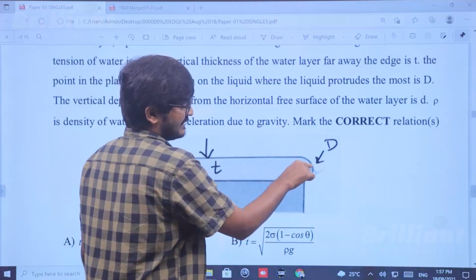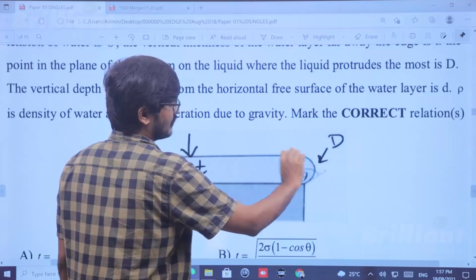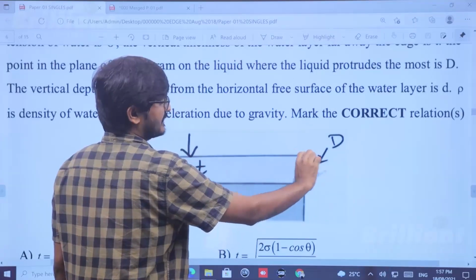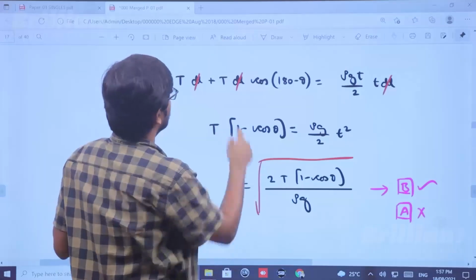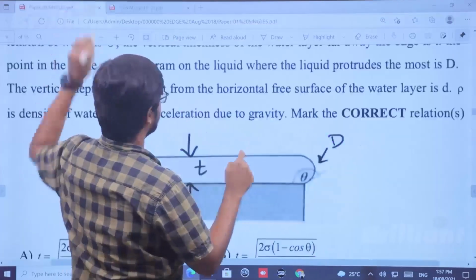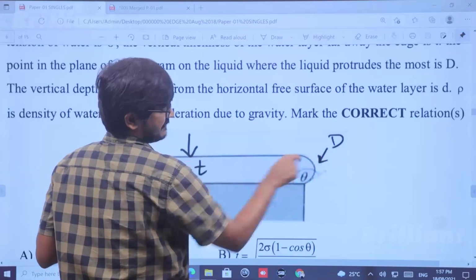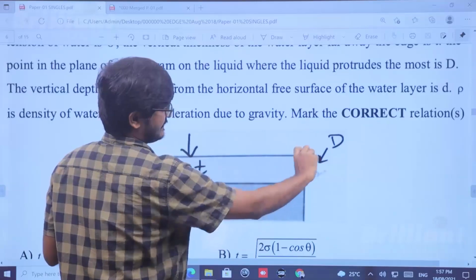The maximum extension here is at this point, which is at a depth d. So obviously we have to draw the free body diagram for this part. Now proceeding in the same way, when you draw the free body diagram for this half part and this part till that maximum extension is there,